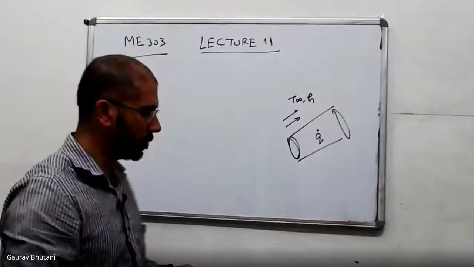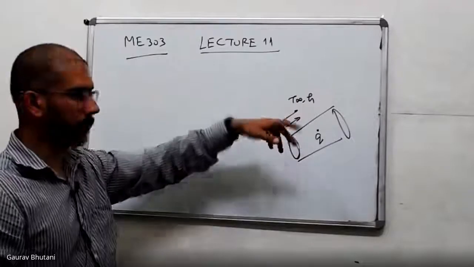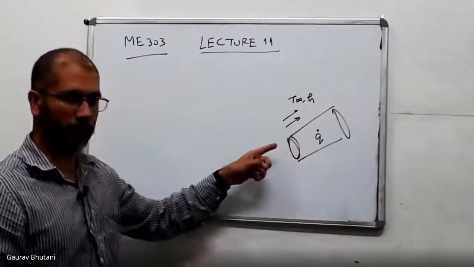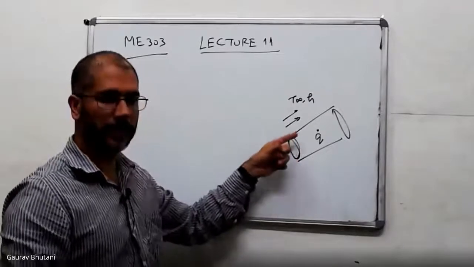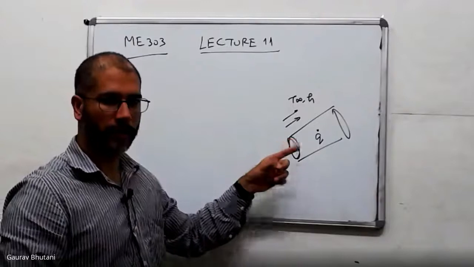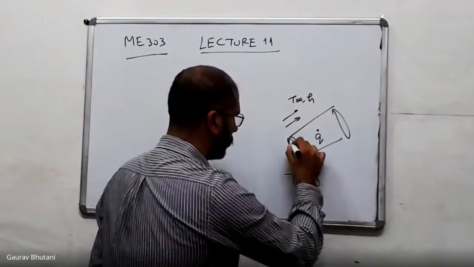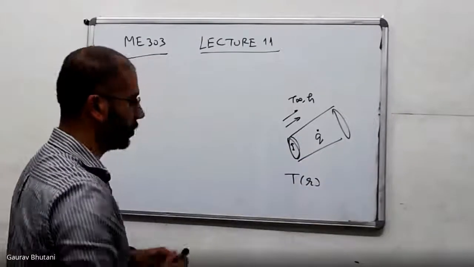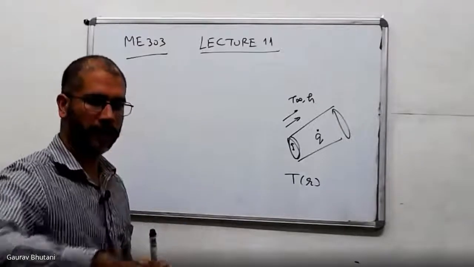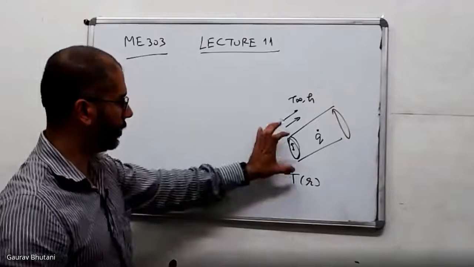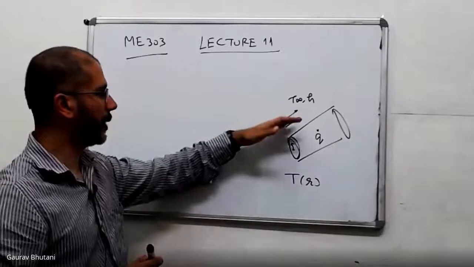So in this case, temperature still is going to be a function of radius only. It's a very long pipe, so this z direction has no effect on the temperature distribution, and it's a symmetric configuration. So the theta, or sorry, the phi has also not got any influence. So T is purely a function of R here, where the radius is measured from the center of the pipe. So this is a solid one, unlike the previous example we took, where we had only an annulus of insulation. So in this case, we have a solid material, let's say copper wire, in which some heat is getting conducted out and then convected from the surface.